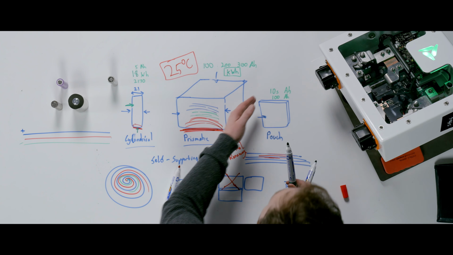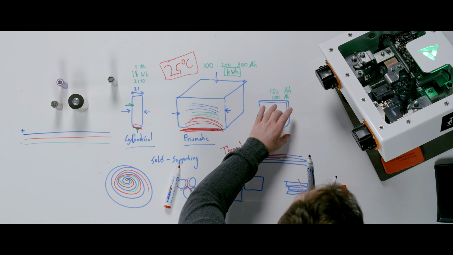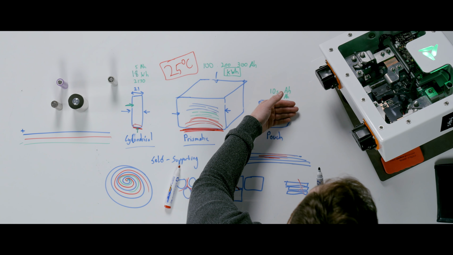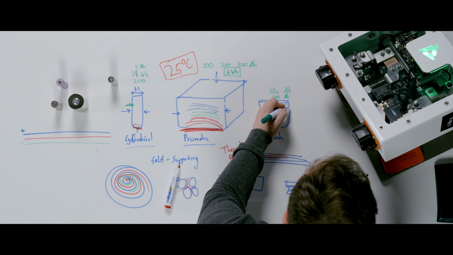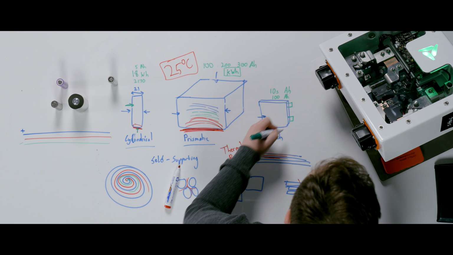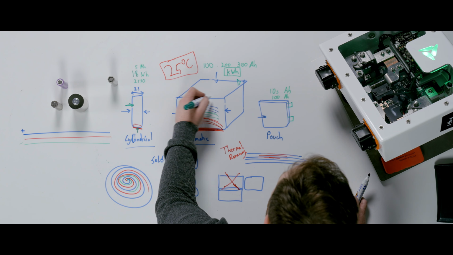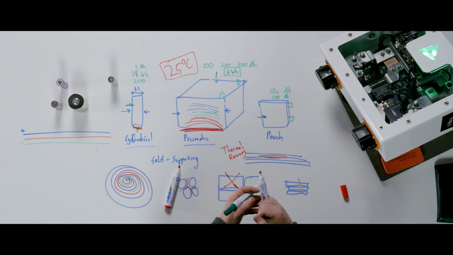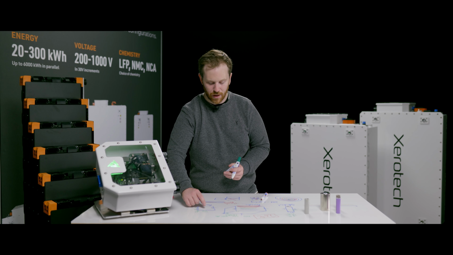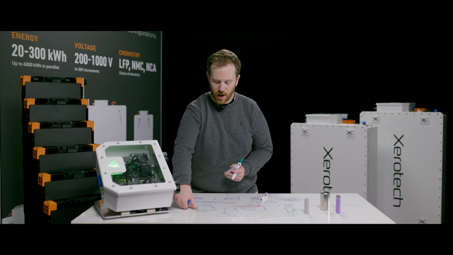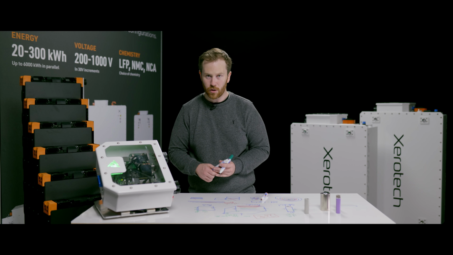You want to try and cool them on all sides as best you can, and also for pouch. You want to cool from the side or potentially from the edge. It's also possible to cool from the tabs or the electrodes coming out of the batteries. It's a bit challenging to do this from a pack design perspective, but that's the highest thermal conductivity, lowest resistance path into the cell, but you don't have very much area, so it's quite a bit harder to do that.